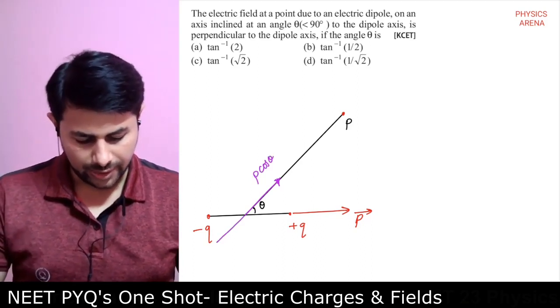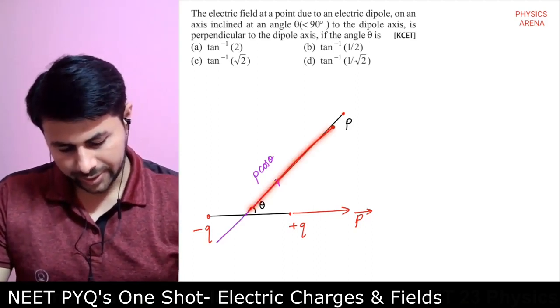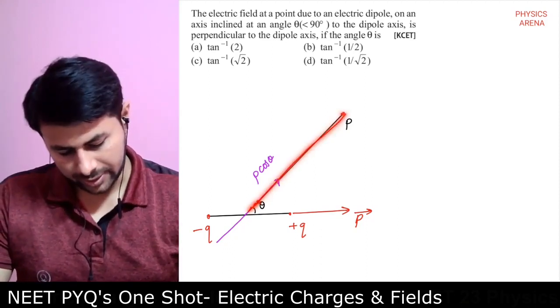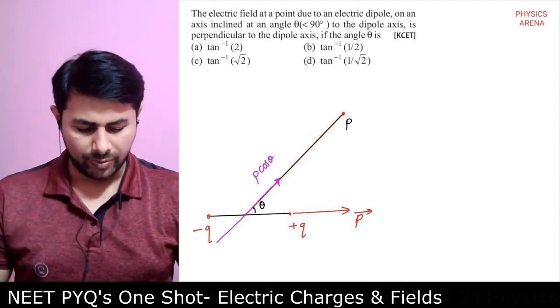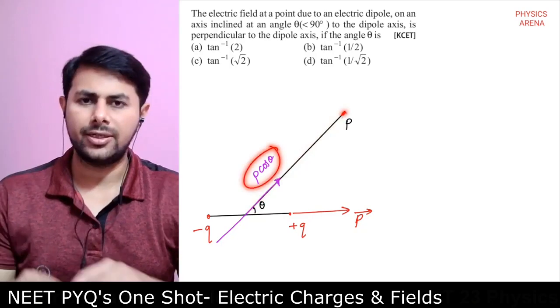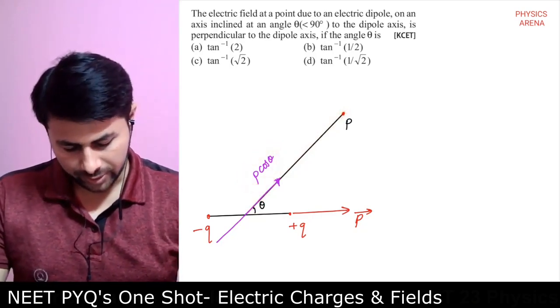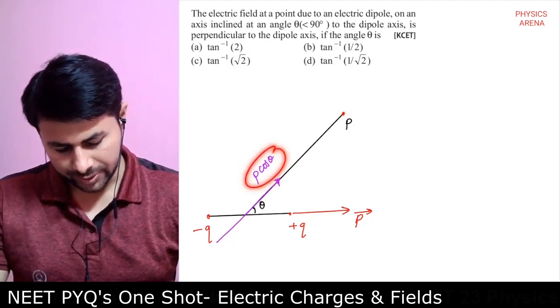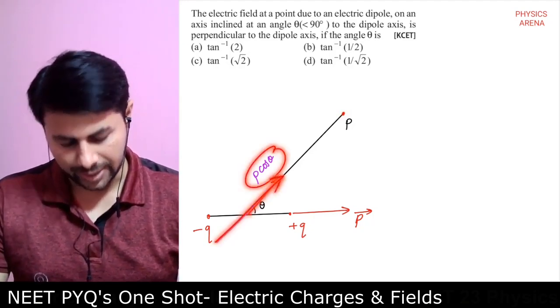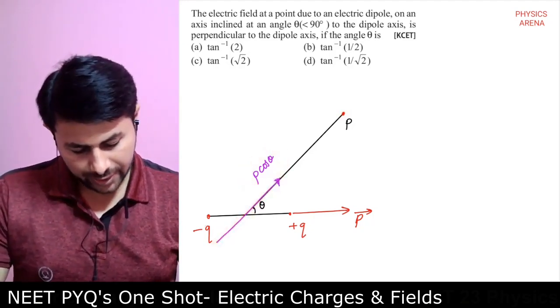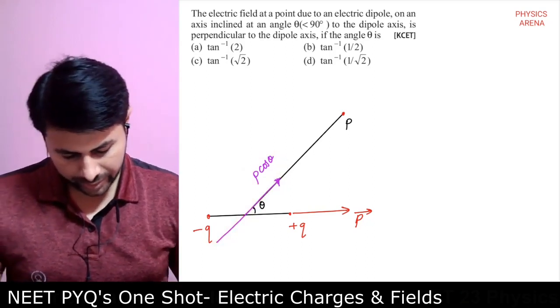Okay, and for this component, the electric field, sorry, for this component, this point lies on the axis. Okay, so there will be some electric field due to this component, this dipole moment,